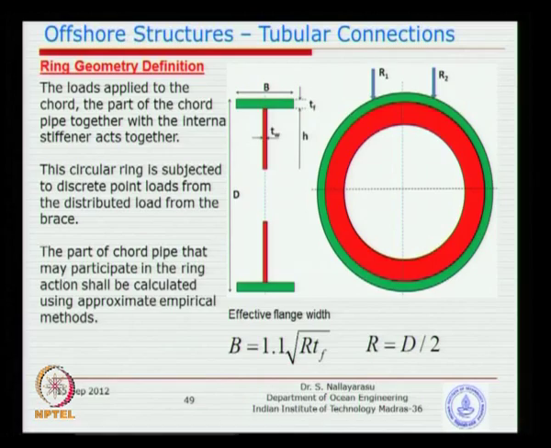And if you look at the individual stiffener, this is what is going to happen. The ring is going to carry a point load at the point where the intersection is happening, with part of the chord also participating in the whole behavior, isn't it? Because it is not just the stiffener alone, but also the green color. What I have shown is some part of the chord itself is going to behave together with the ring, and some empirical formula is given in practice. Typically it will come to something like 1.1 square root of RT, an empirical formula, not derived from somewhere.